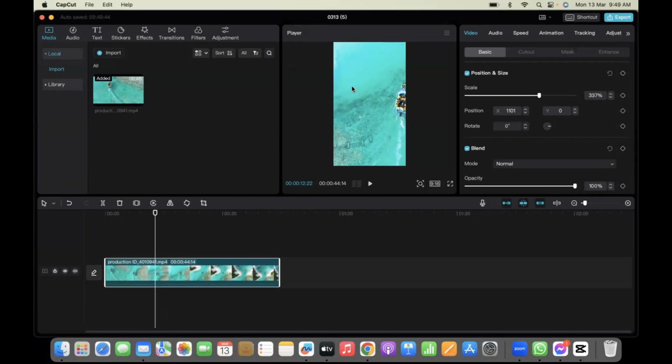So there it is. I hope you've enjoyed this quick overview of CapCut. If you have any questions about anything you've seen, don't hesitate to ask, and give it a go. You know, it's a free piece of software which you don't get very often these days, and in a very short time you can do some quite amazing stuff with it. So give it a go